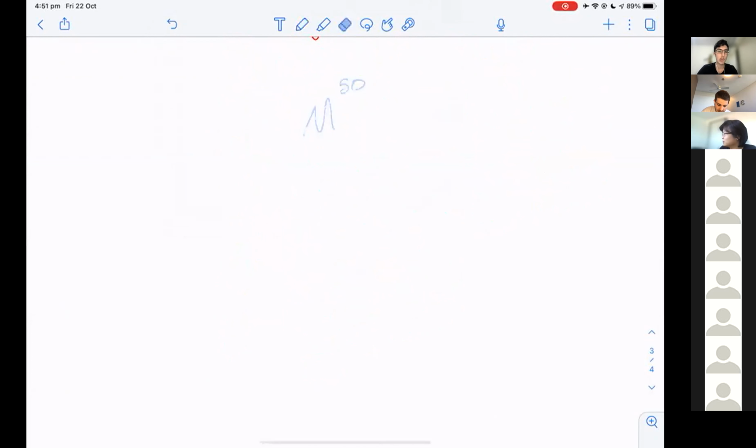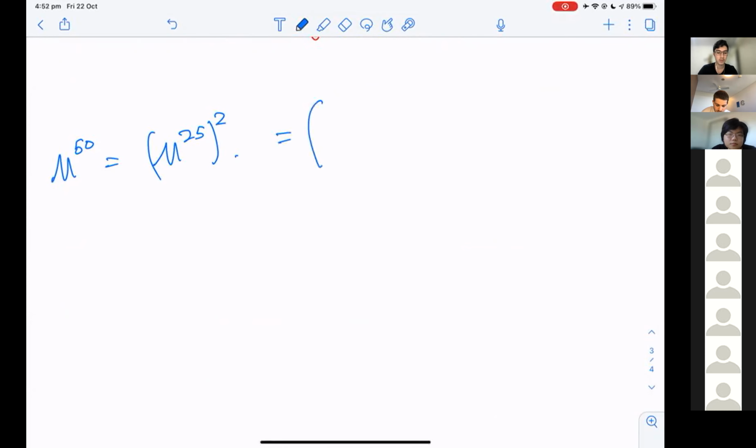Well, m to the power of 50 is equal to m to the power of 25 squared. Okay, what's m to the power of 25? Well, m to the power of 25 is m to the power of 12 squared times m. Because m to the power of 12 squared is m to the power of 24, times m is m to the power of 25. Then we square this, we get m to the power of 50.